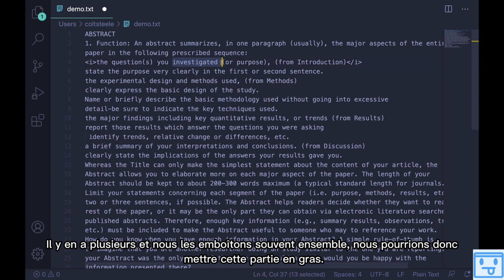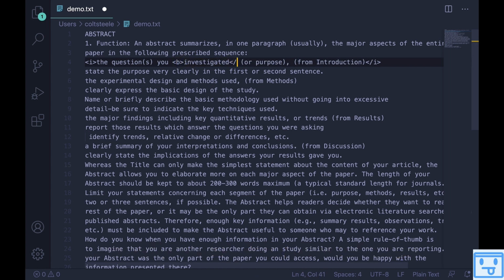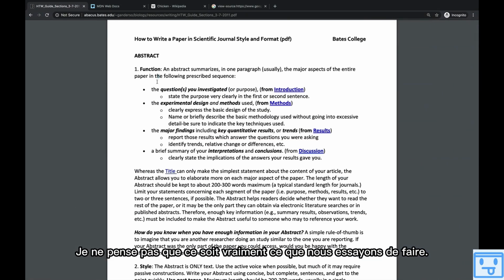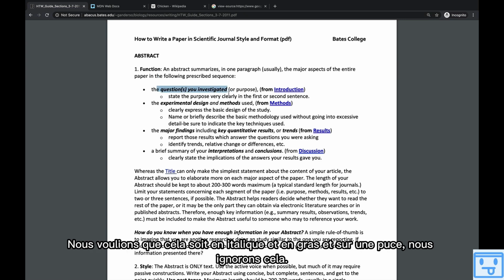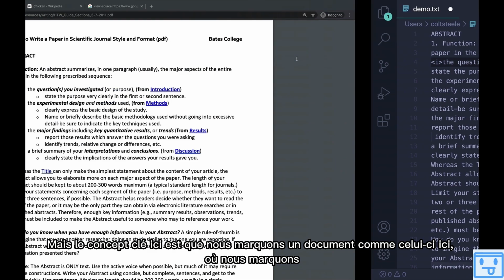So we could have this portion be bolded, and to do that, it's as simple as I want a bold tag opening and closing around investigated for whatever reason. I don't think that's what we're actually trying to do. We wanted this to be italicized and bolded and on a bullet point. We're ignoring that. But the key concept here is that we are marking up some document, just like this here